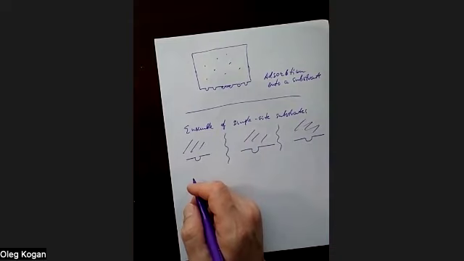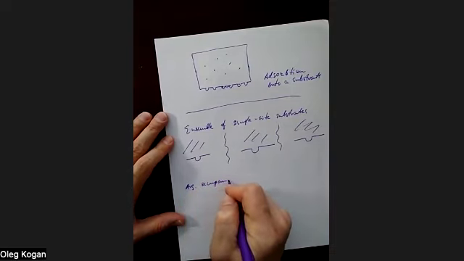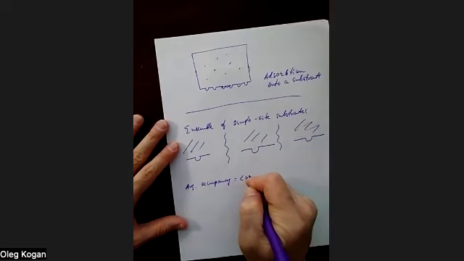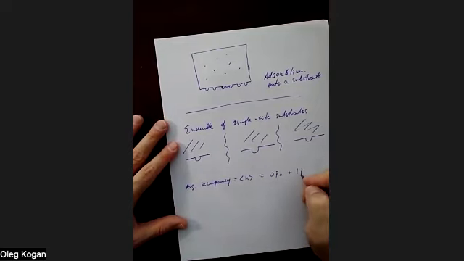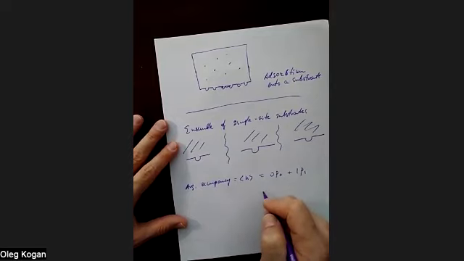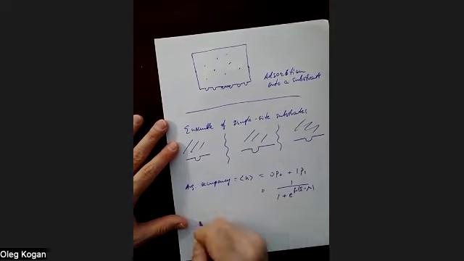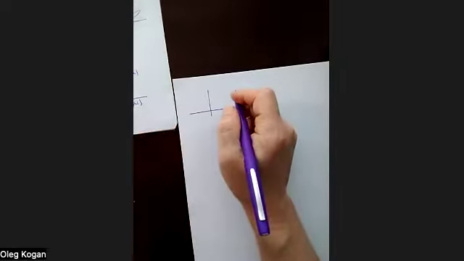And so then we found that the average occupancy, in this case, could be either 0 or 1. I called it like this: it could be either 0 with probability p0, plus 1 with probability p1. And after a couple of lines of algebra, it was 1 over 1 plus e to the beta (epsilon minus mu), but mu of an ideal gas is negative. So we can write this as 1 over 1 plus e to the beta (epsilon plus the absolute value of mu), and epsilon can be positive or negative. And then when I plotted it, I said for specific values,